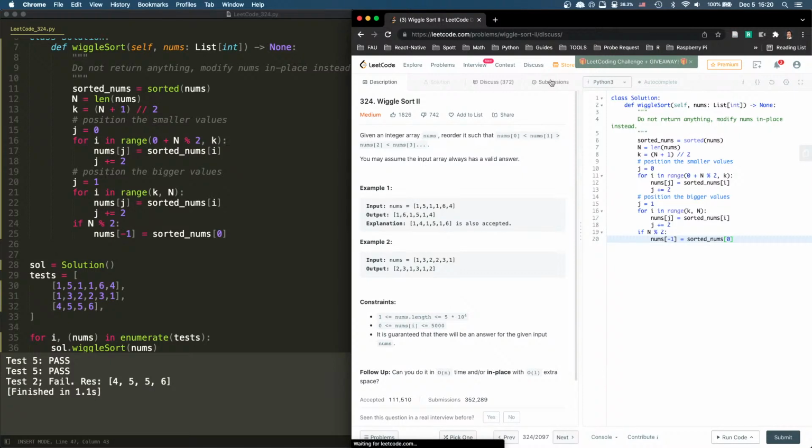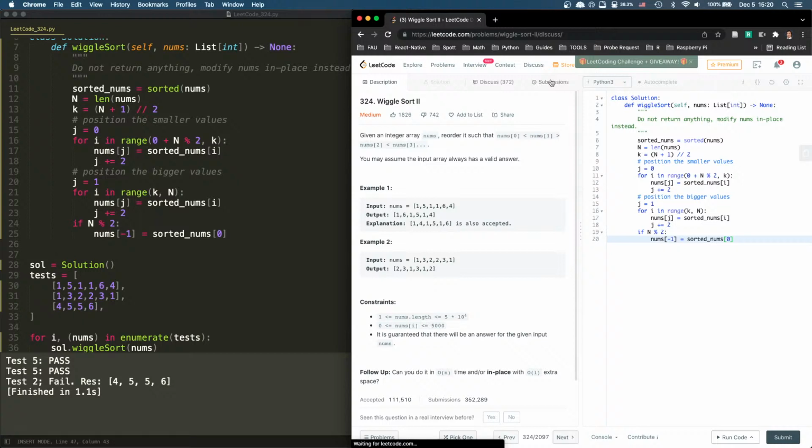What's the correct answer for 5, 5, 4, 5, 5, 6? It's 5, 6, 5, 4. I think that's the one. No, 5, 6, 5, 4 is not correct. Expected 5, 6, 4, 5. 5, 6 go up, 4 go down, 5 go up. Yeah, 5, 6, 4, 5. Okay, but